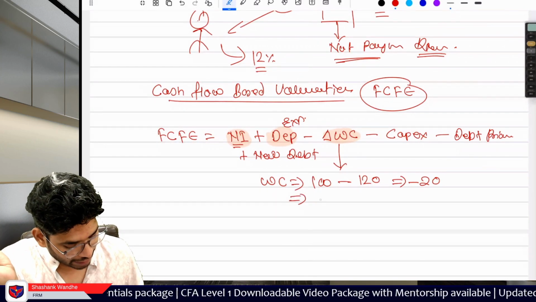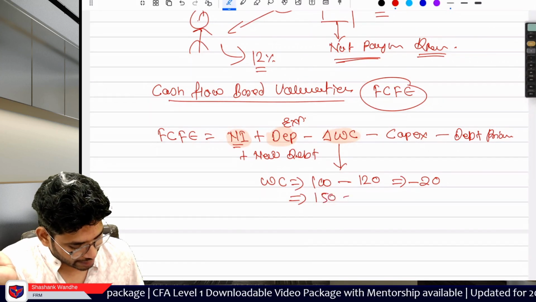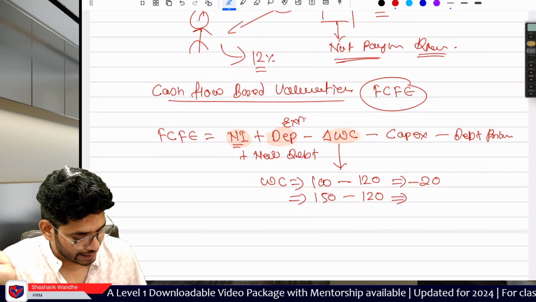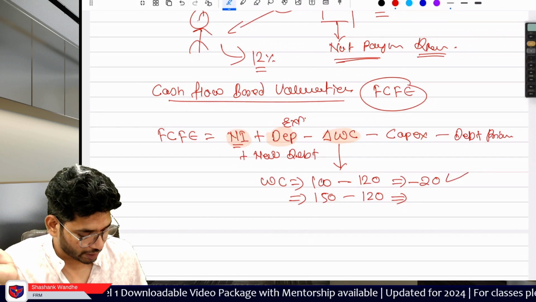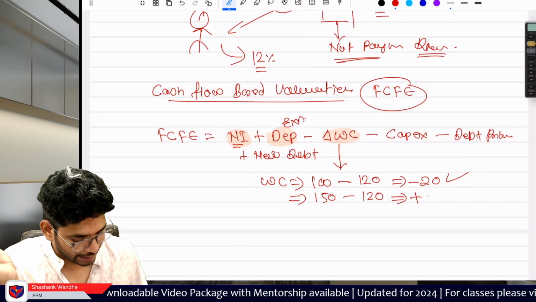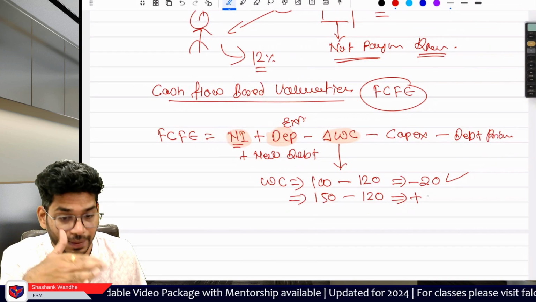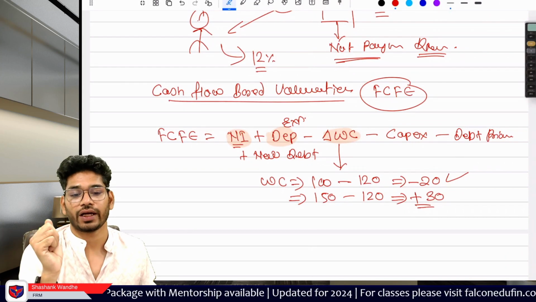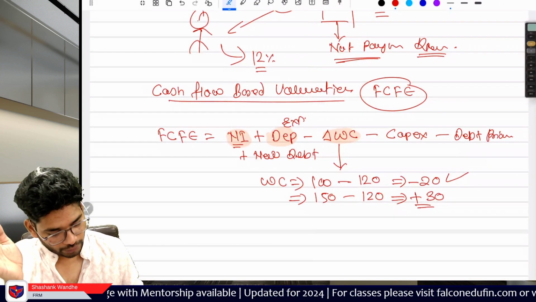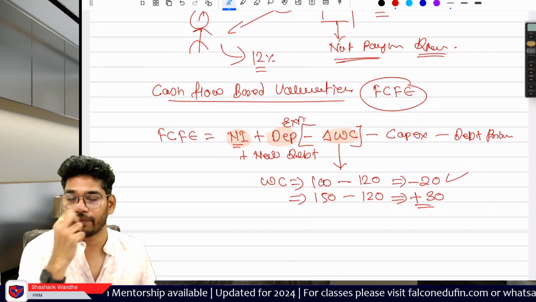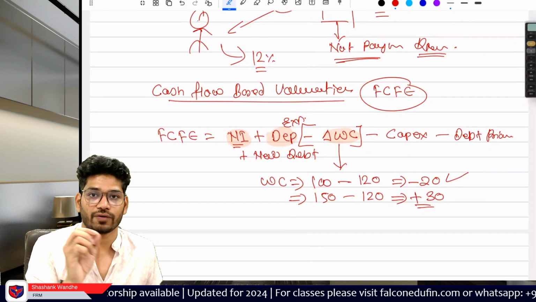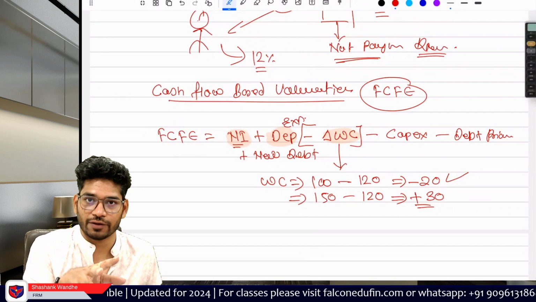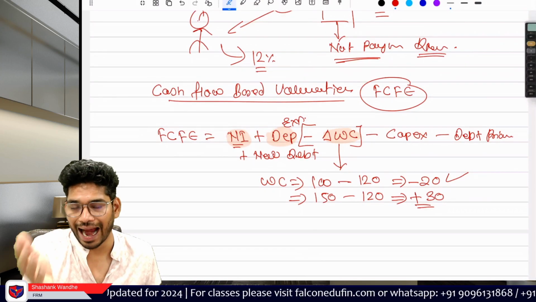And decrease in working capital, this is situation 1. Now situation 2. Decrease in working capital will be added, say plus 30. So simple. If I am talking about this term combined, minus change in working capital: an increase in working capital, you will reduce it. If there's a decrease in working capital, you will add it.